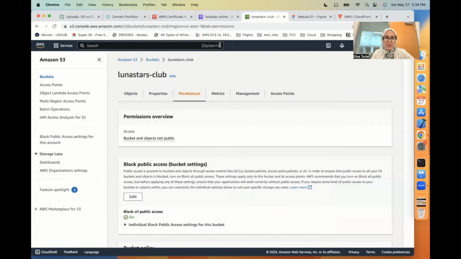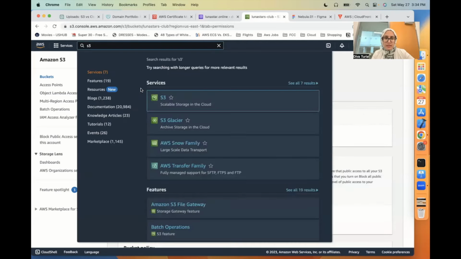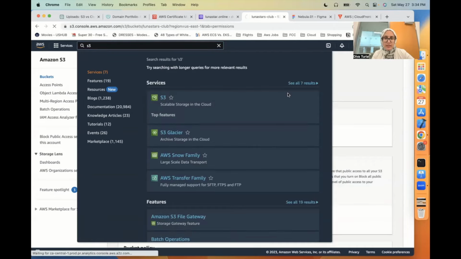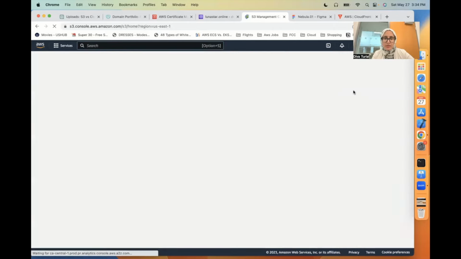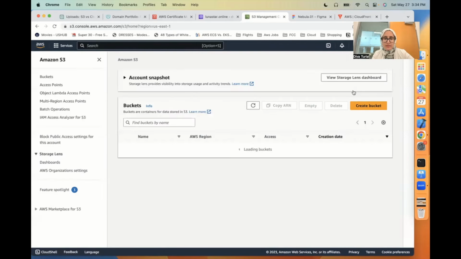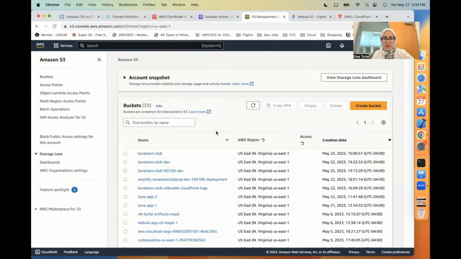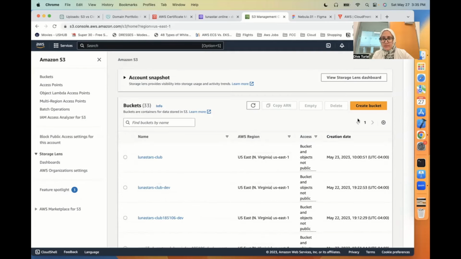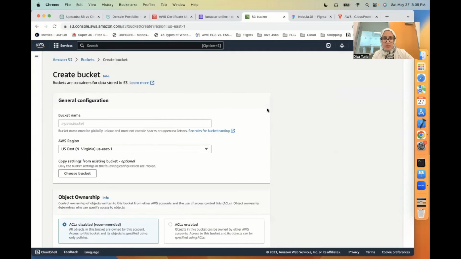Awesome. Okay, I'm already on S3, but if you need to find it, just search for S3, click on it, and that's where you're taken to that page, right? I think it's just refreshing my page, but anyways, I'm not going to do anything else. I'm just going to go to create bucket, and I'm going to put the name of my bucket, lunastars,